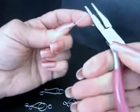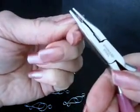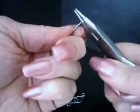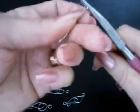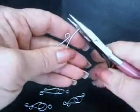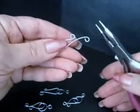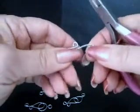So now we're going to make our loop on this end. Again, bringing our wire right up against the ridge. Make a nice ring until it touches the other side, like that. Flatten it out. Now it could be used just like that, but if you want to make the extra curlicues here,